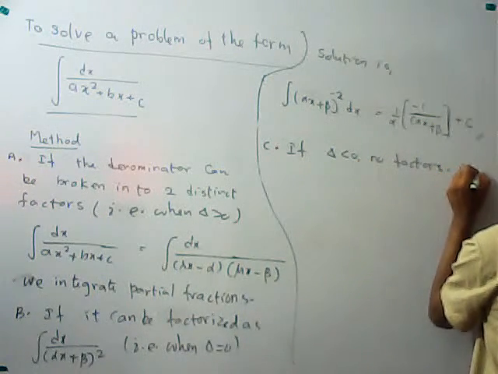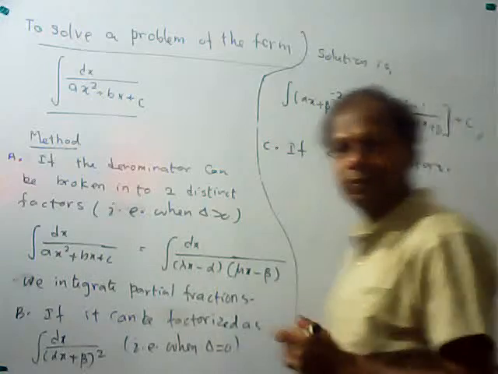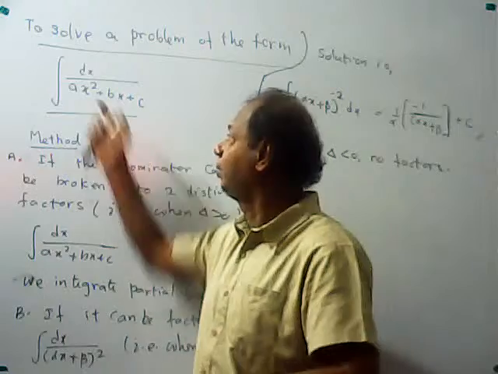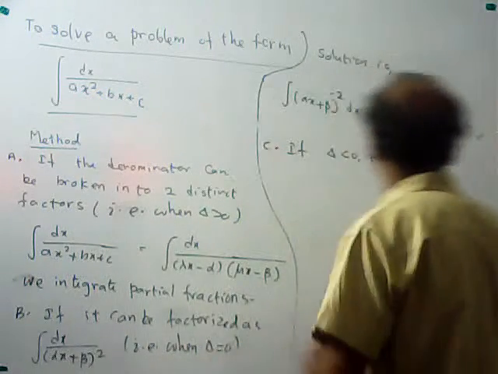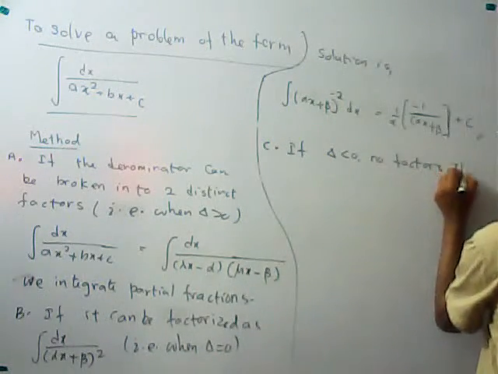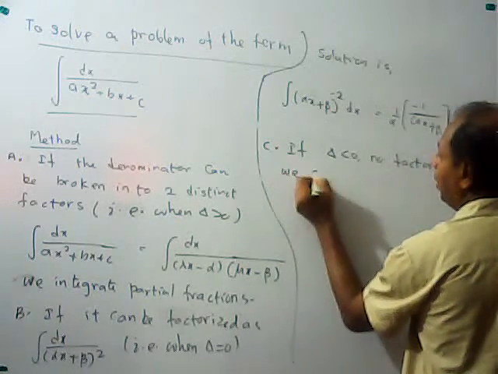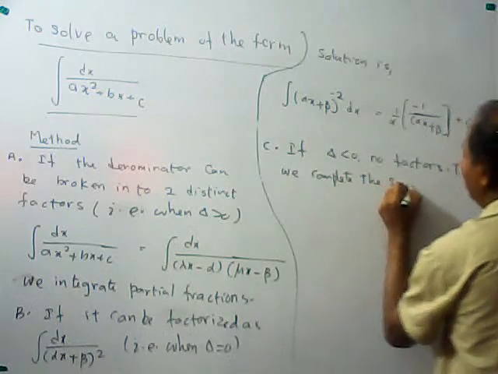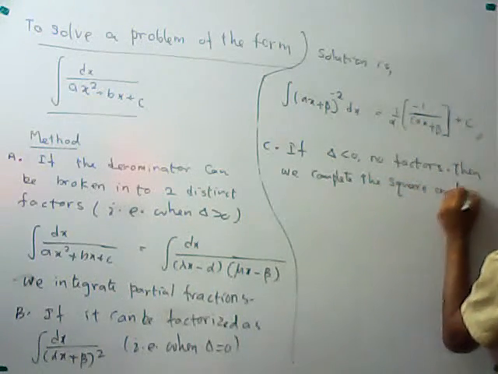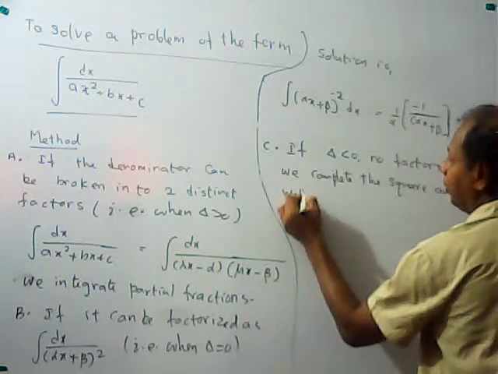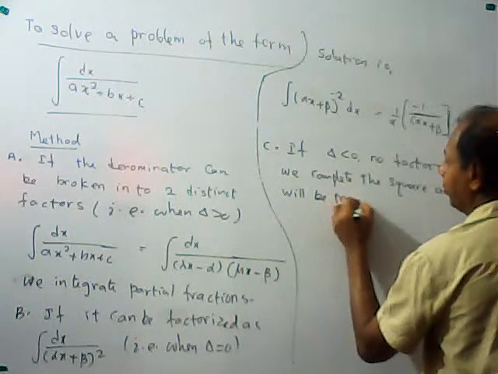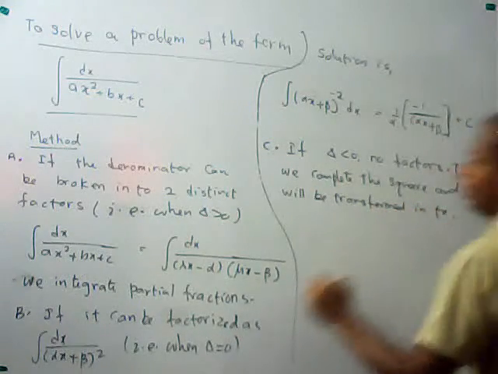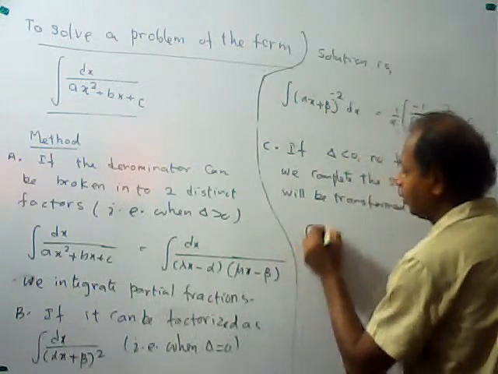If you don't see factors, the other option is to complete the square. Complete the square in the denominator. Then it will be transformed into something like, if delta is less than 0, it will be transformed into something like